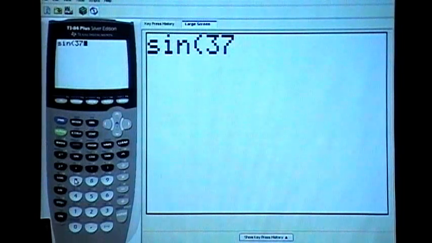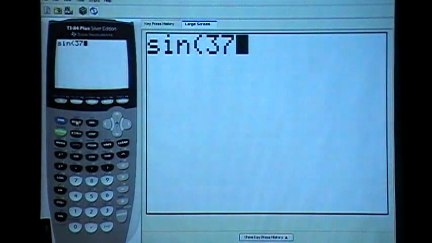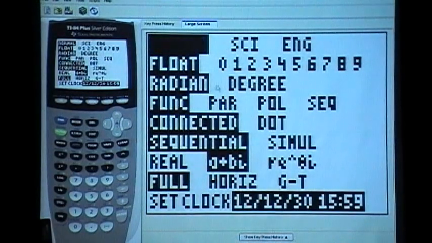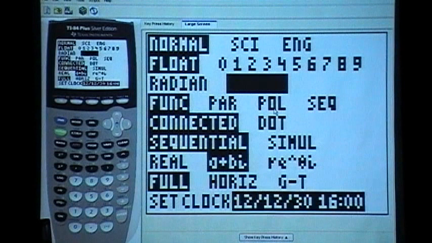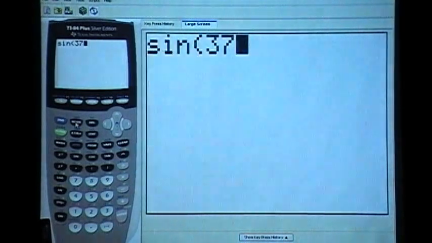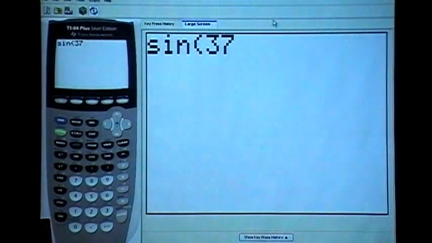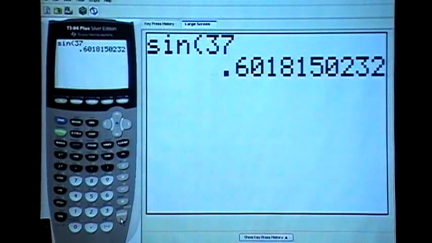Now, first thing you need to make sure you do before you type in sine of 37 and hit enter, you need to go check your mode on your calculator and make sure it's set on degrees because it's sine of 37 degrees that we've been given, not radians. And we'll talk a little bit later what radian means. So we're working in degrees right now, so we're going to go mode to degrees, and then quit. Then we can type in sine of 37 and hit enter. It's automatically understood to be degrees. And so we get